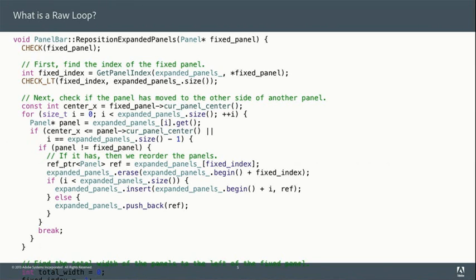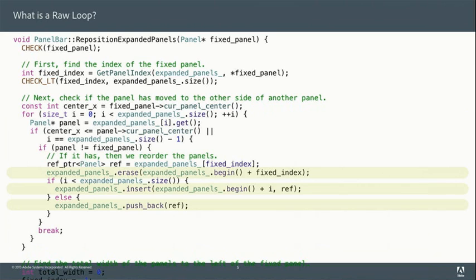Okay, and we can see that this is a method, reposition expanded panels. And we've got this loop in there. Now, if this were the complete function, this wouldn't be too bad. Although even this loop I find to be pretty messy. So that's the loop that I'm talking about.